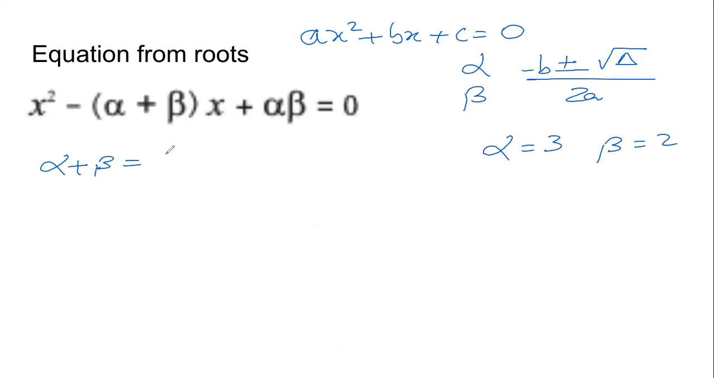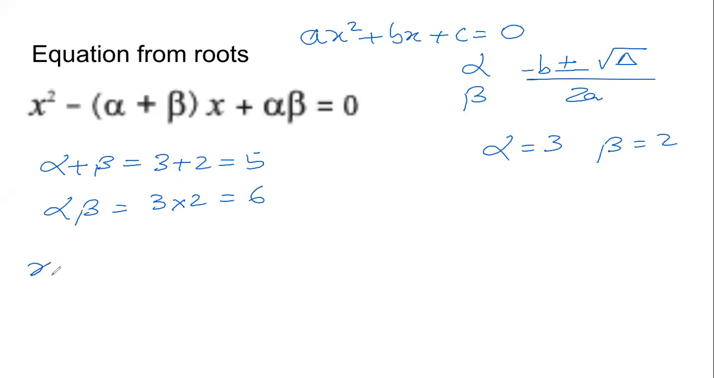3 plus 2, which comes to? 5. Thank you. What will be alpha into beta? 3 into 2. 6. Yes, correct. Now, once we have found alpha plus beta and alpha multiplied by beta, we can create the